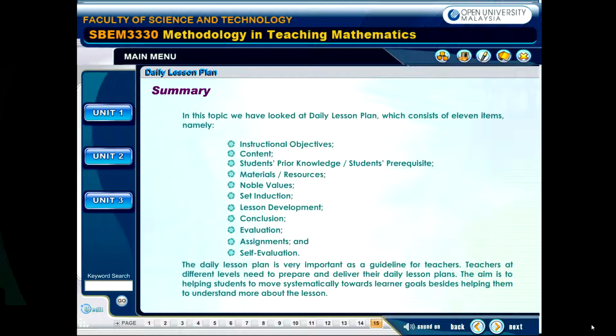The daily lesson plan is very important as a guideline for teachers. Thus, teachers at different levels need to prepare and deliver their daily lesson plans with the aim of helping students to move systematically towards learner goals, besides helping them to understand